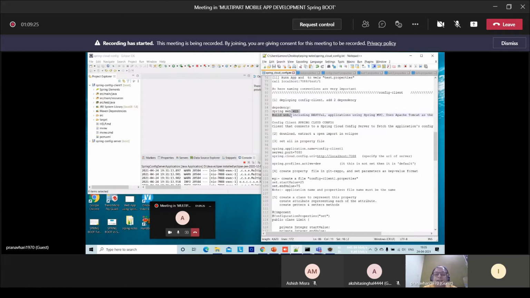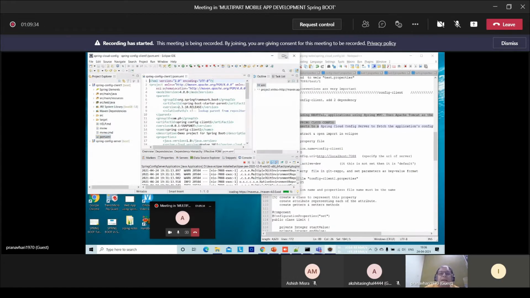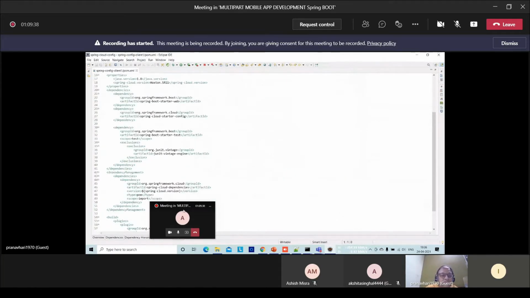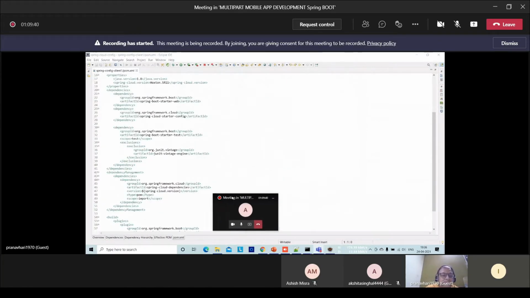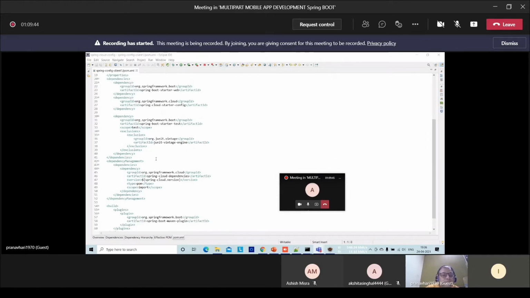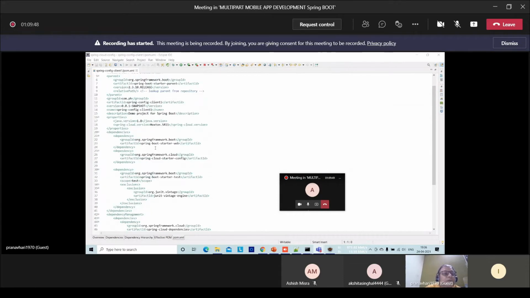After adding these two dependencies, you can see here in the POM file, I will show you. In the client app, we have noted down. Let me enlarge this. You can see, you will have to manually search.